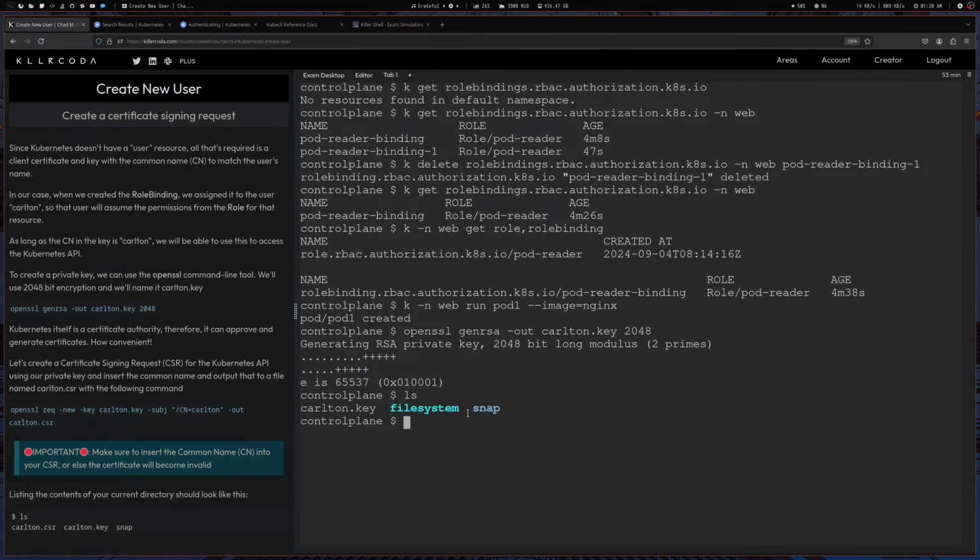Okay, let's create a certificate signing request for the Kubernetes API using a private key and insert the common name and output that to a file named Carlton. So this I learned today itself, that API server